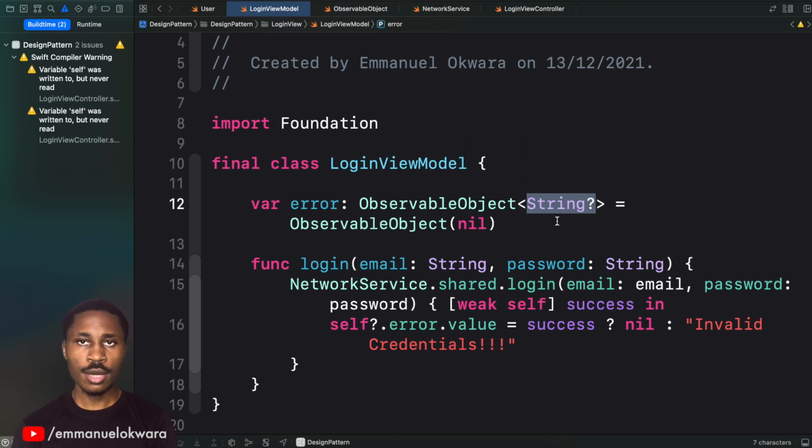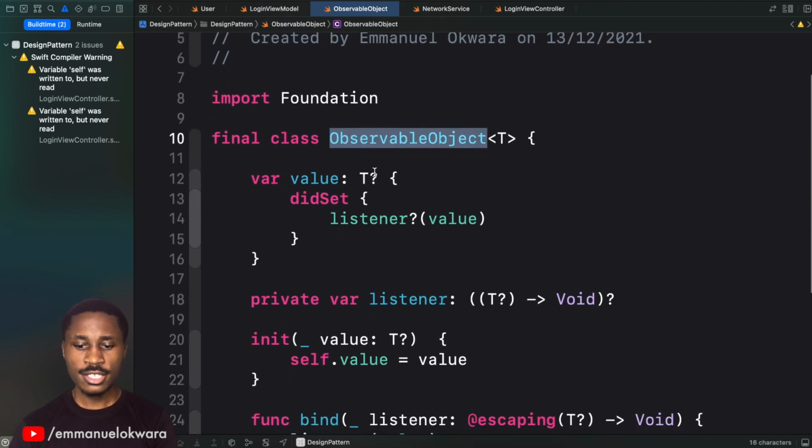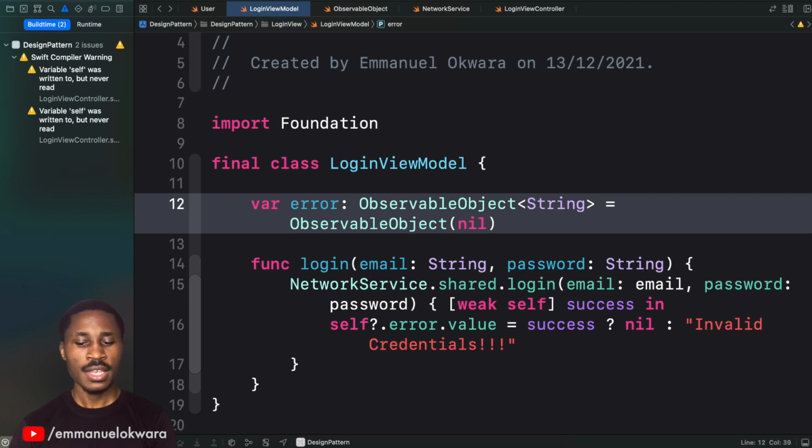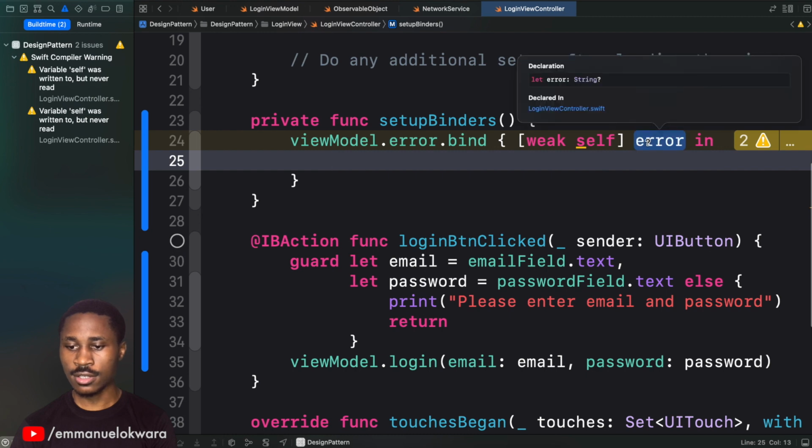But it is returning double optional, meaning that if we go over to our observable object, right here, we're actually forcing or saying that every value must be optional. So what that means is if I don't want to have an optional string over here and I create an observable object, then this is going to return an optional error, right? Like if we go over to the login view controller, hold down Alt and click on this, you see that this is